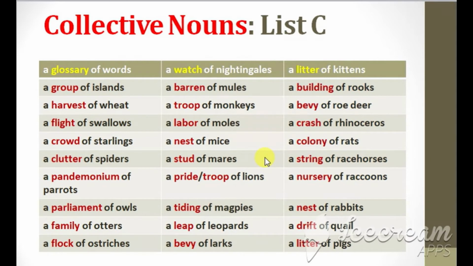a stud of mares, a pride of lions, or a troop of lions, a tiding of magpies, a leap of leopards, a bevy of larks, a litter of kittens, a building of rooks, a bevy of roe deer, a crash of rhinoceros, a colony of rats, a string of racehorses, a nursery of raccoons, a nest of rabbits, a drift